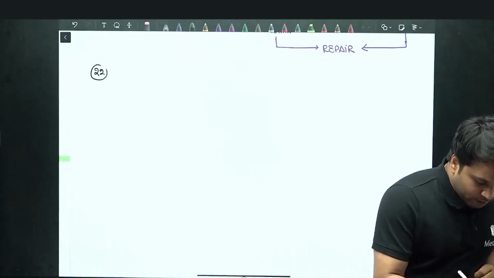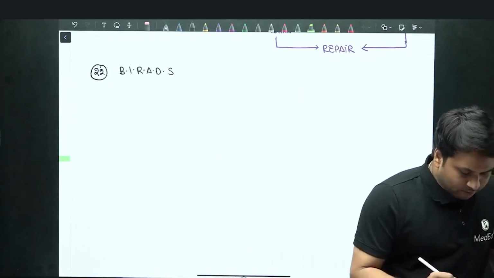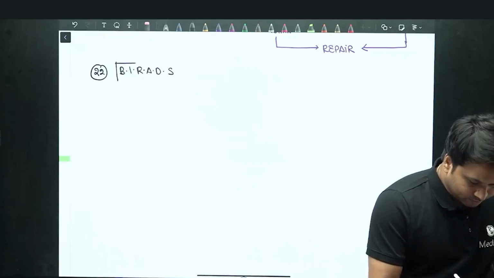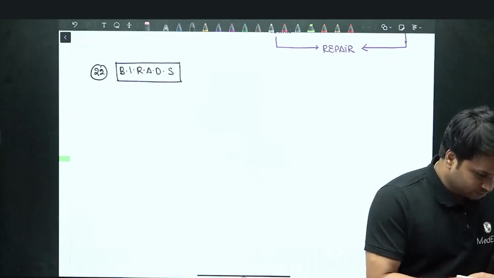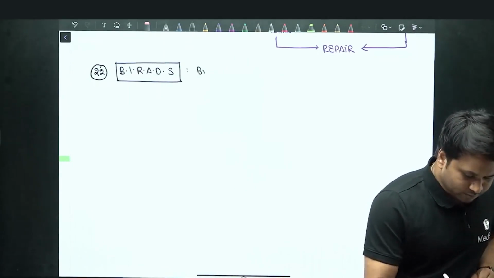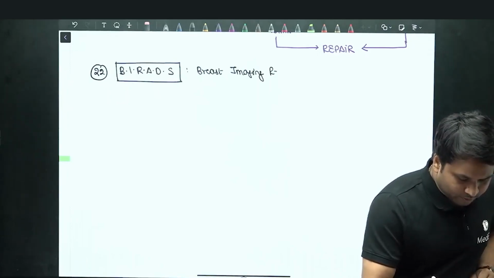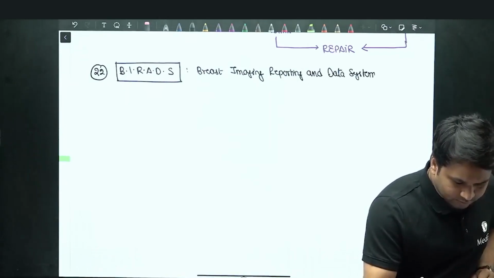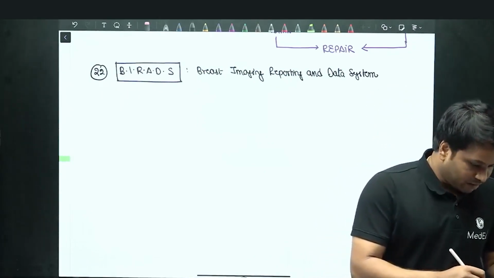So question number 22, we'll be talking about BI-RADS. Now your BI-RADS is your breast imaging reporting and data system. It is a breast imaging reporting and data system. That's your BI-RADS, right? Now, according to BI-RADS,